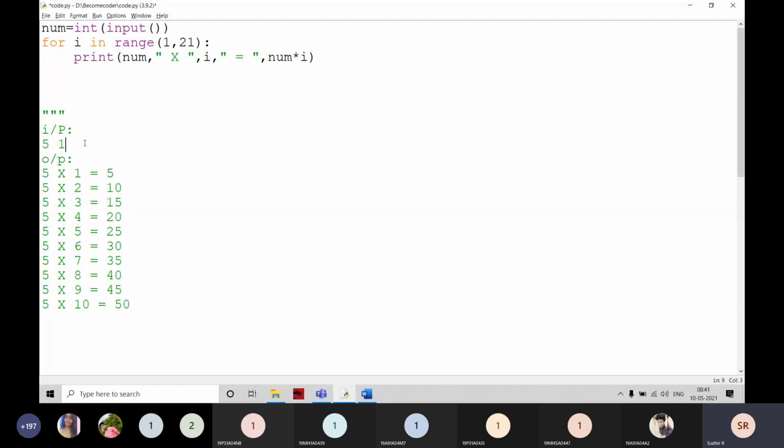If it is going to be 15, I am going to print 5 table up to 15. If it is going to be 100, I am going to print 5 table up to 100, that means 500 and so on. Here I am going to write 5 10. Then it is going to print 5 ones are 5 up to 5 tens.